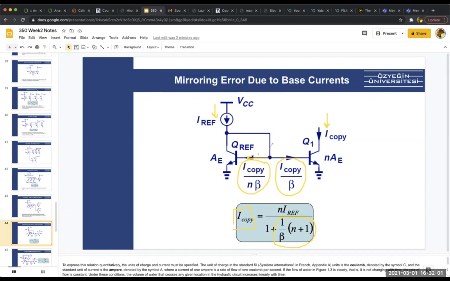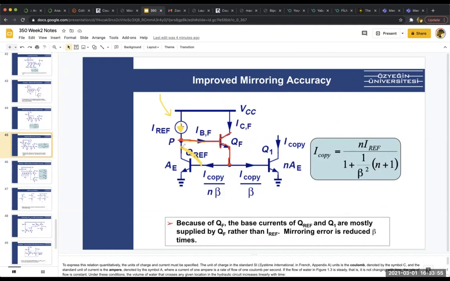All right, and the reason is because there will be some currents of these two. This is I1, this is I2. And now when you sum these up, that current comes here. And then this current minus this current will be flowing here, and you can see that it affects your circuit. Okay, so instead of this short, we are connecting this buffer transistor, and when we do that, it improves the accuracy,